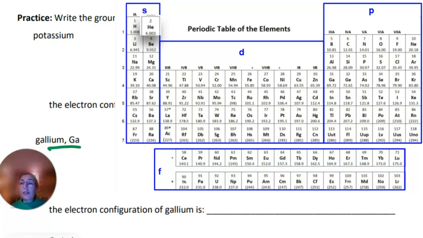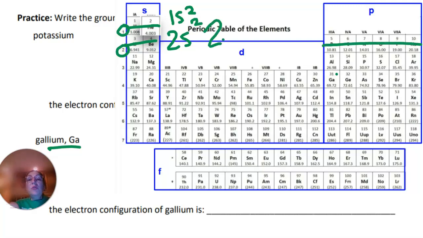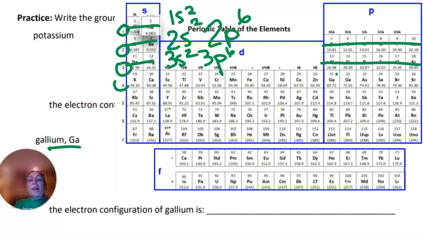Okay, so I need to find gallium. It's atomic number 31. So we can look at the periodic table and think through the order of filling. Looks like I'm going to have 1s2, 2s2. Then I'm going to go over to the p block and fill 2p6, and then 3s2, and then 3p6, and then I've got